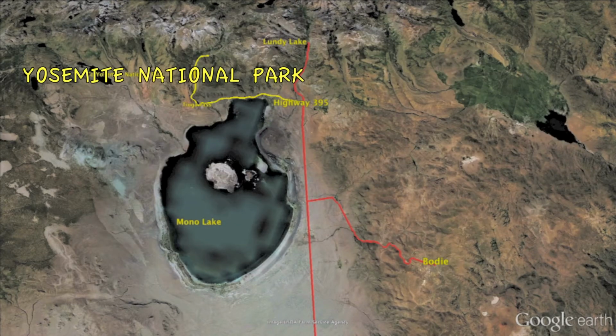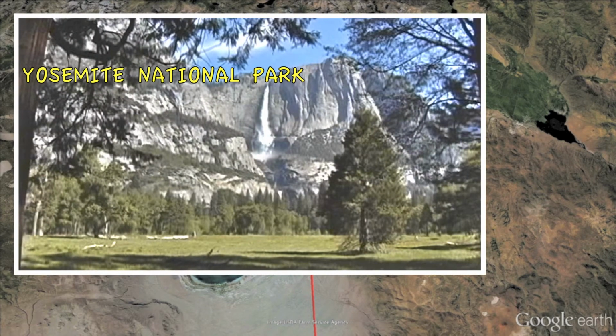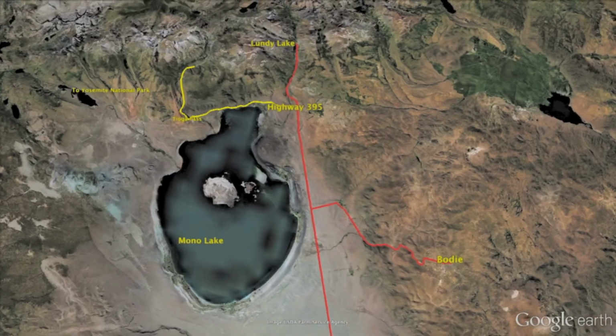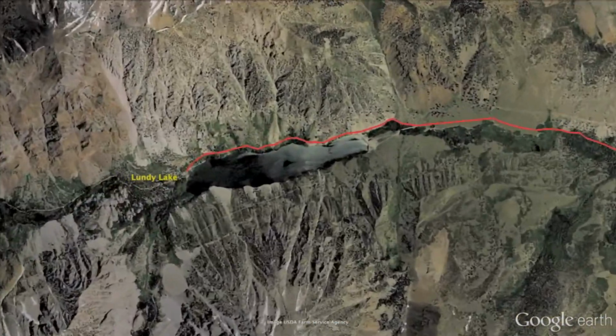Hawthorne is known as the gateway to Yosemite National Park. There's very few byways, which is Highway 359, which goes east to west to the eastern Sierra Nevadas. Yosemite, absolutely gorgeous. Okay, it's time to head to Lundy Lake, go across Highway 395, and continue on for 5